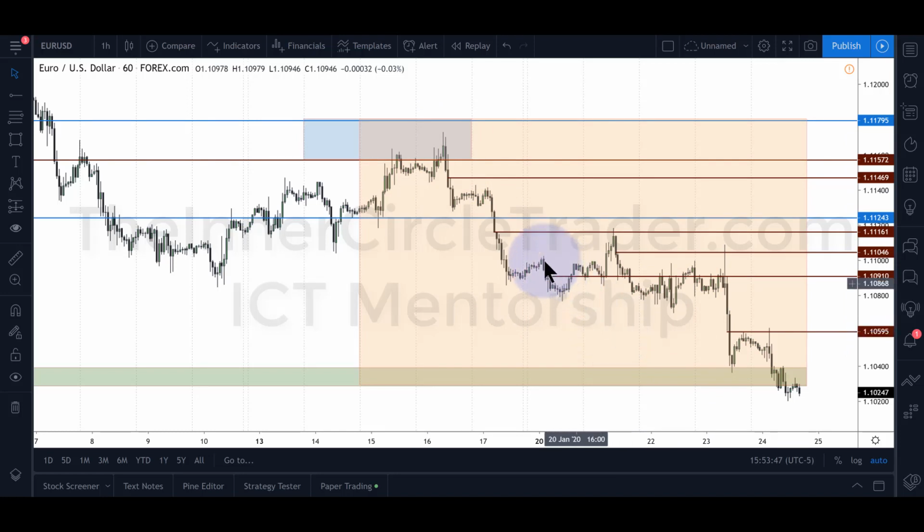Now, when we get to this point here, this is both rebalance and it's also internal range liquidity that runs buy side liquidity. And I'll explain that in a minute. So this fair value gap, while it exists, it is not one that we could sell short and have a lot of confidence in because it's Monday. Monday's trading. Also, we've already run out previous lows. See that? So here, this fair value gap is not high probability because number one, it's Monday.